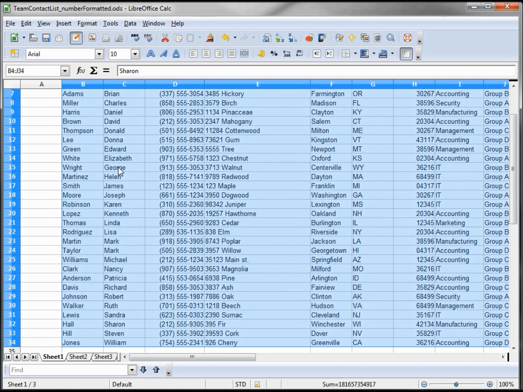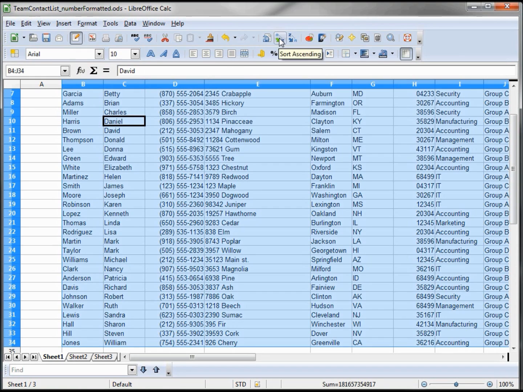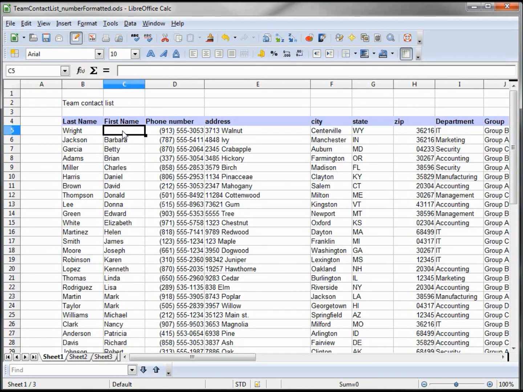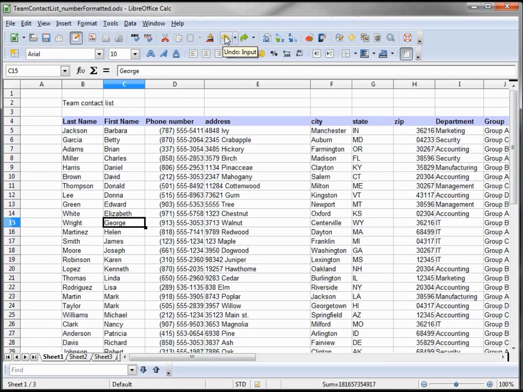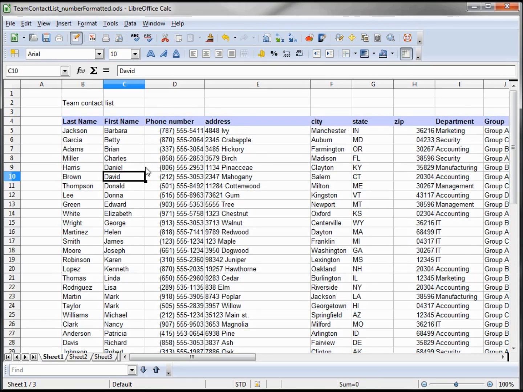Now if it's missing a name, like George, we don't have George in there. If I resort this, it was still able to sort it. It just made this a blank, and it resorted with it going first as if it were blanks. And I'm just going to back it up to put George back in, and you can sort again on first name. We can see that these are sorted.